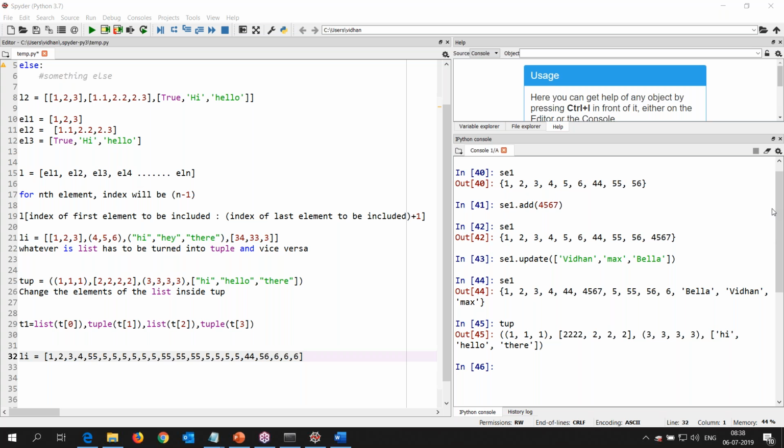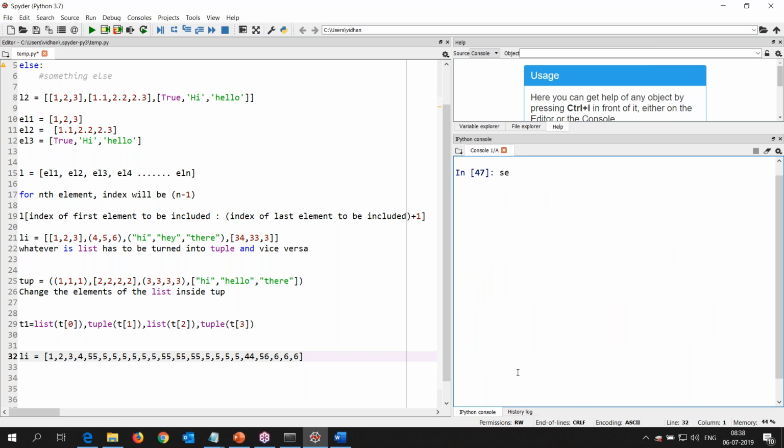Okay, Dharmesh, good point. Let me explain this. See here, guys. I'm going to clear this, and say that we have SE1. Now I want to update this. SE1 dot